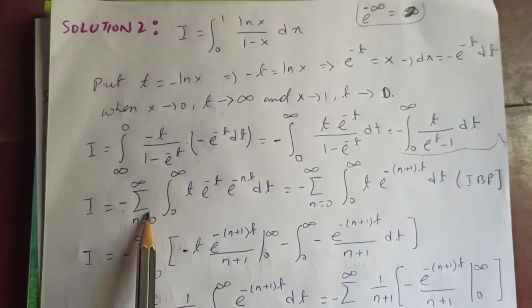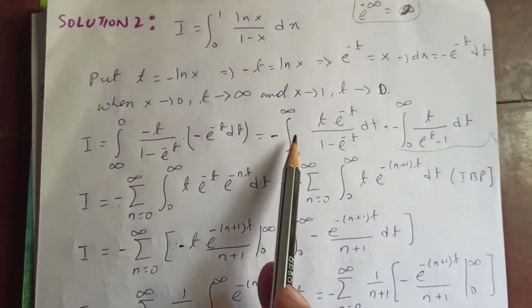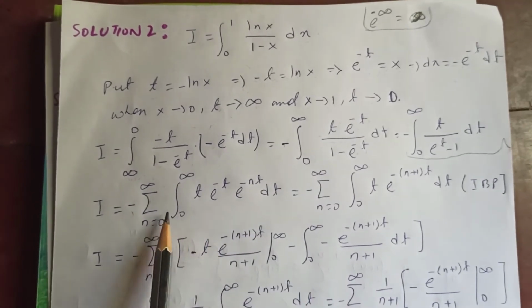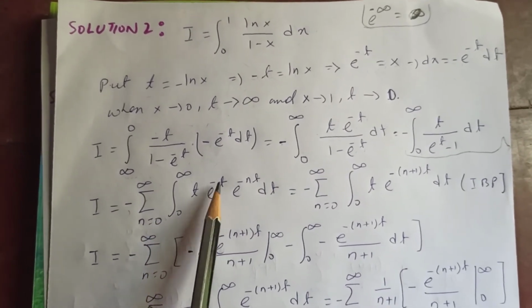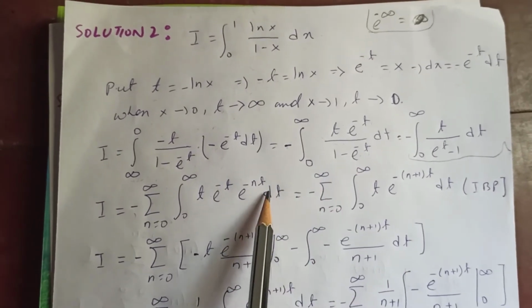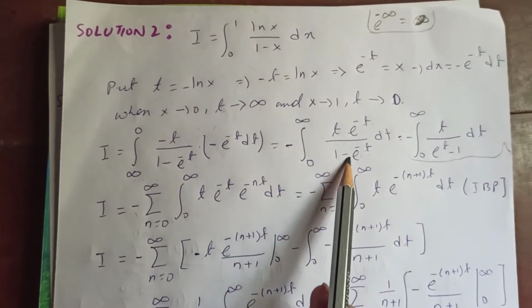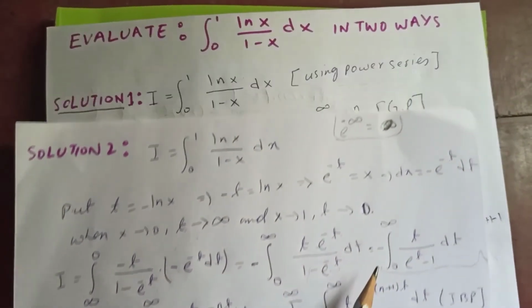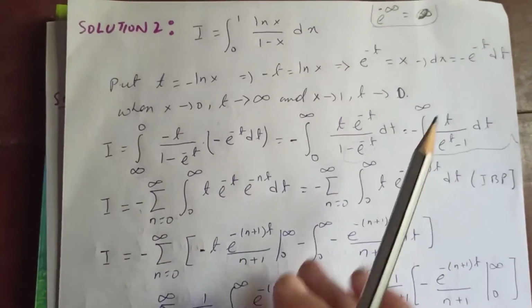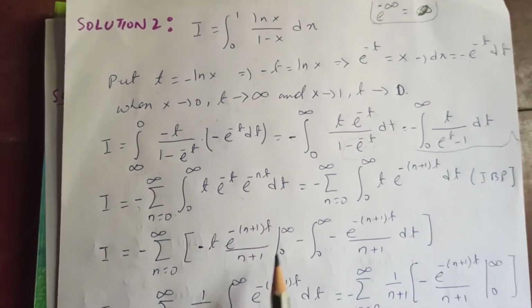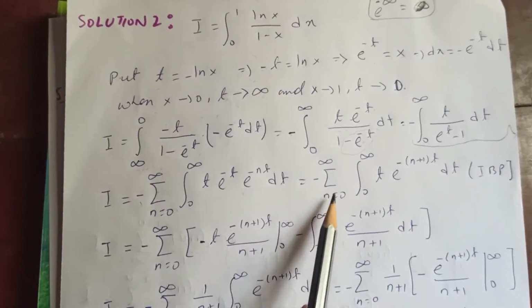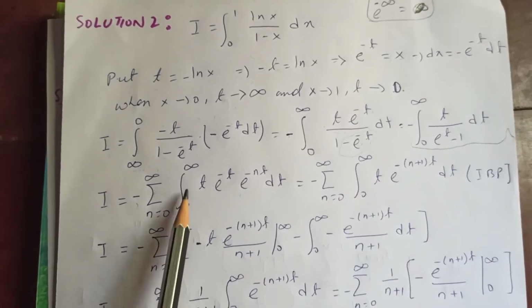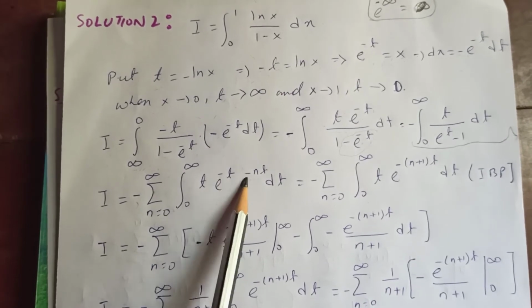So which is minus the sum from n equal to 0 to infinity, interchanging both the sum and this integral, okay? So interchange it: t e to the negative t, and this guy is e to the negative n t, right? If you think of e to the negative t as x, then you get x to the n, which is e to the negative n t, right? dt, which is equal to minus the sum from n equal to 0 to infinity, integral from 0 to infinity, t, and these two are according to the exponential law.